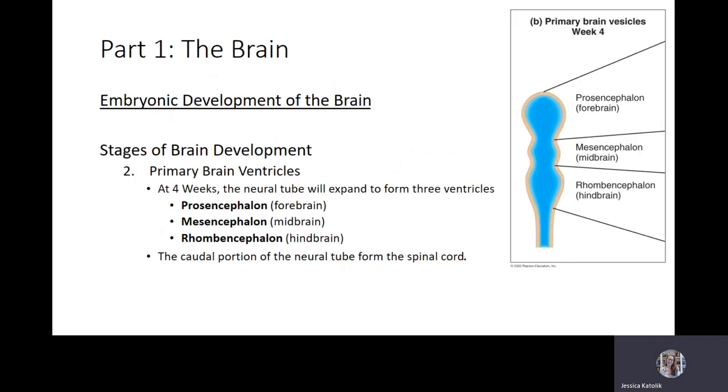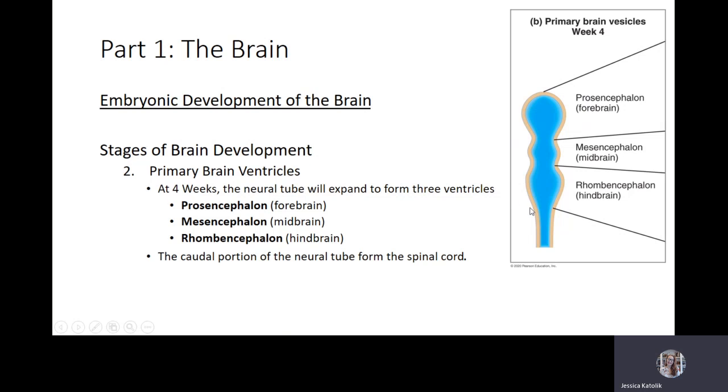So we've developed the neural tube, which is our basic body plan. What happens next? Well, we're going to start to form the primary brain ventricles. Certain regions of this neural tube are going to expand and balloon, and they will form the initial or primary ventricles, those hollow spaces inside the brain. There are going to be three parts: the prosencephalon, mesencephalon, and rhombencephalon. The prosencephalon will form the forebrain. The mesencephalon will form the midbrain, and the rhombencephalon